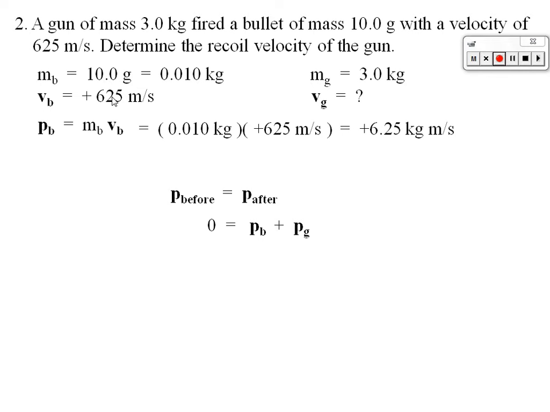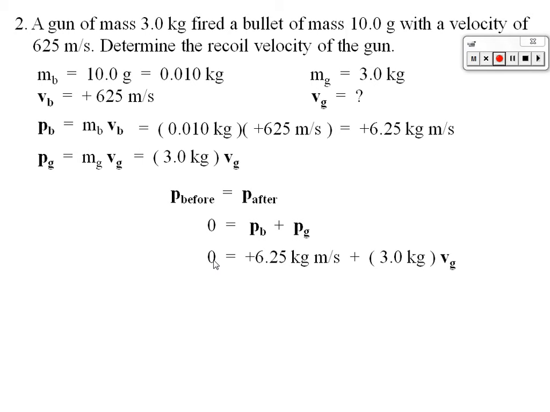Okay. The momentum of the gun is also going to be its mass times its velocity. We don't know what the velocity is. It's actually what we want to find, but I'm going to insert the value for the mass here. So now I'm going to take these numbers and put them in my expression here. So I get 0,